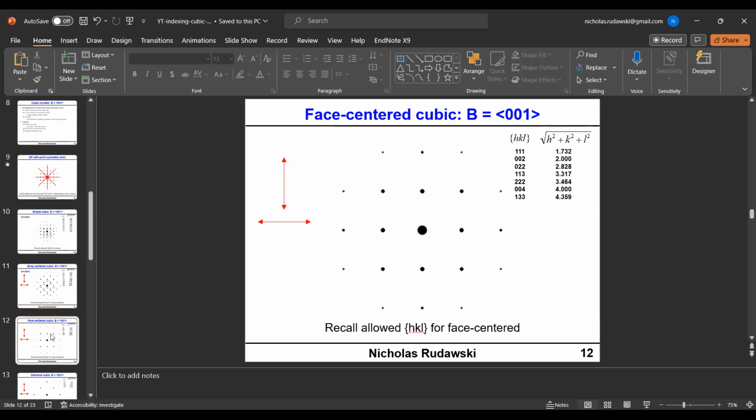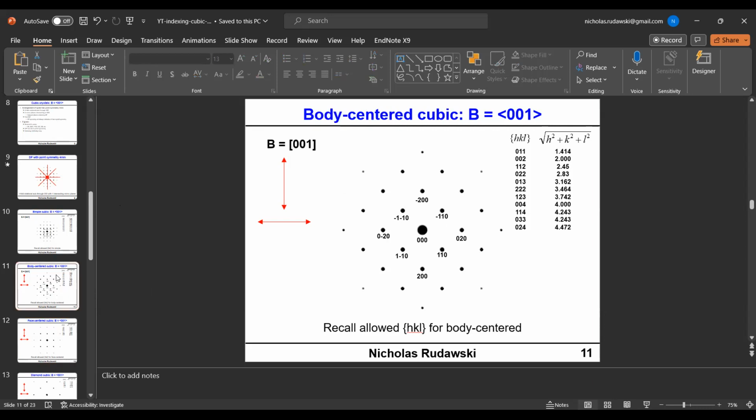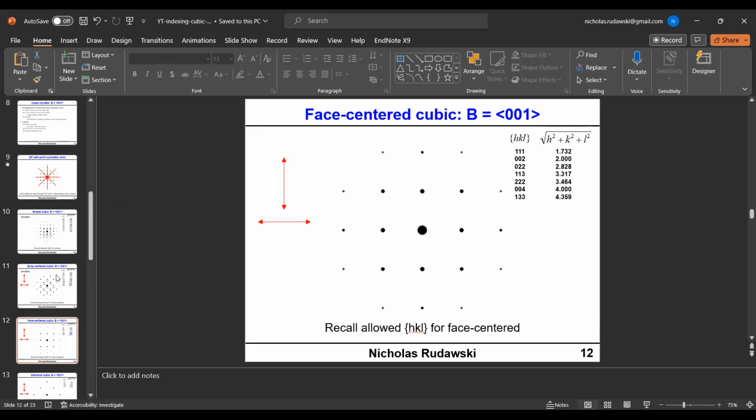Let's go to face center cubic. Okay, so now look what's happening here. As we go from body center cubic to face center cubic, I'm losing spots in the pattern. Generally speaking, as you add more atoms to the unit cell, this is what tends to happen, right? So you can see our HKL list is, obviously, I'm stopping here at 1, 3, 3,